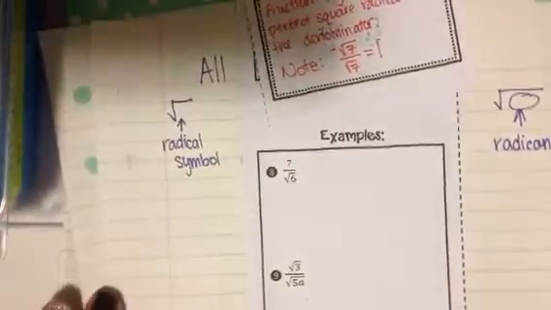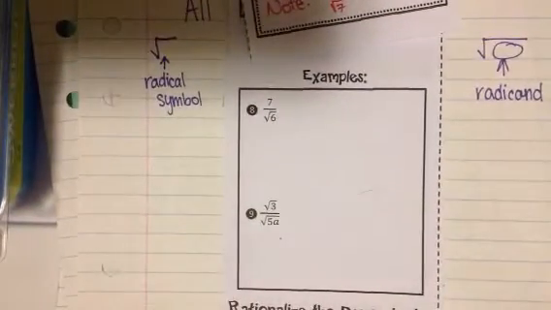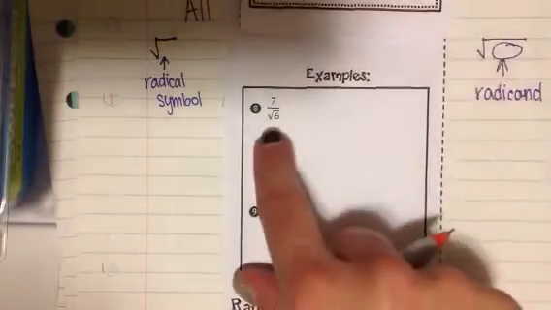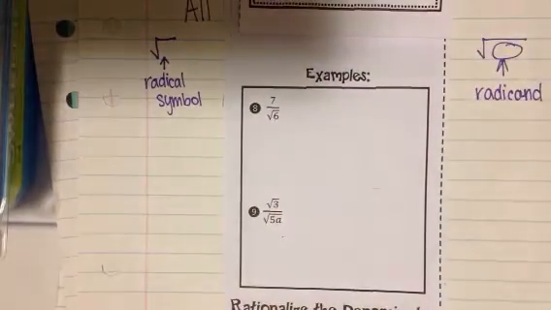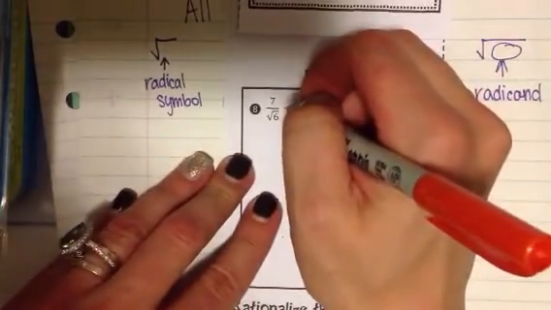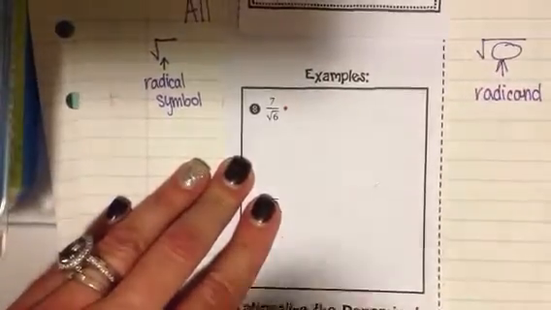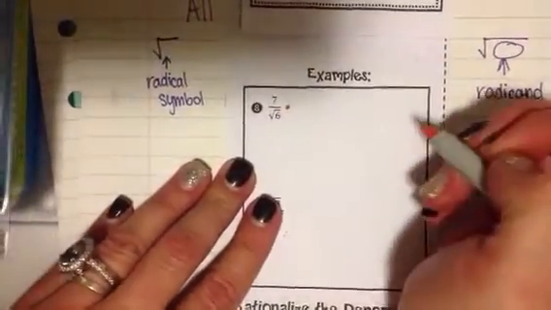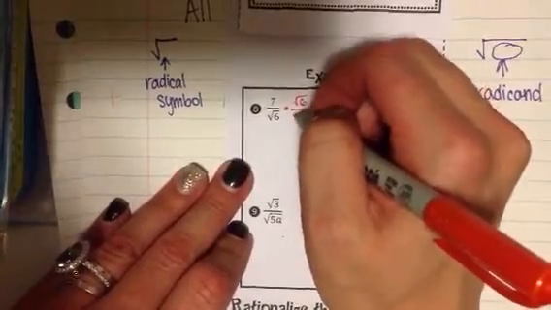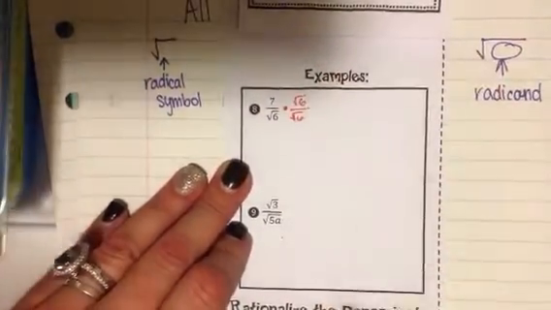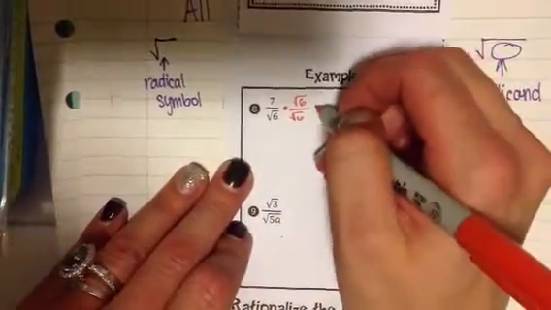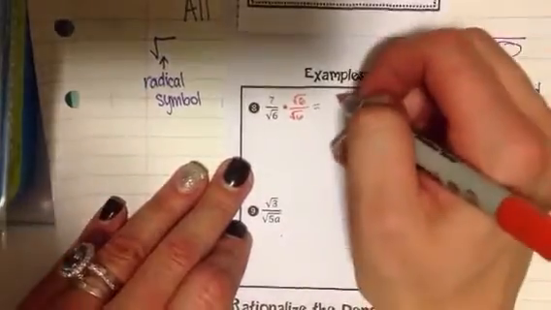So if we look at example 8 here, we have 7 over the square root of 6. Well, remember, I just said that if there is a radical symbol or a square root in the denominator, this is not simplified. So we need to get rid of that. And we are going to multiply this by 1. And that 1 is going to include the square root of 6. So if I make a 1 by saying the square root of 6 over the square root of 6, which is equal to 1 because anything divided by itself is 1,